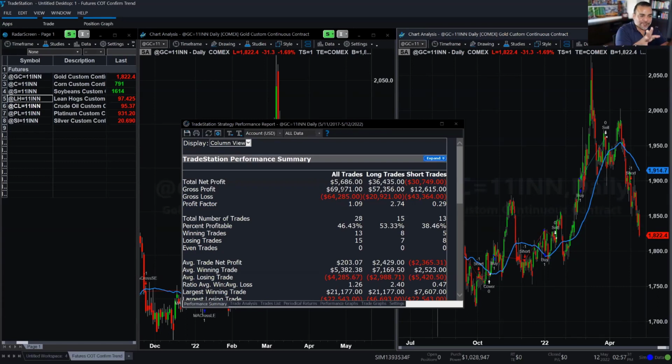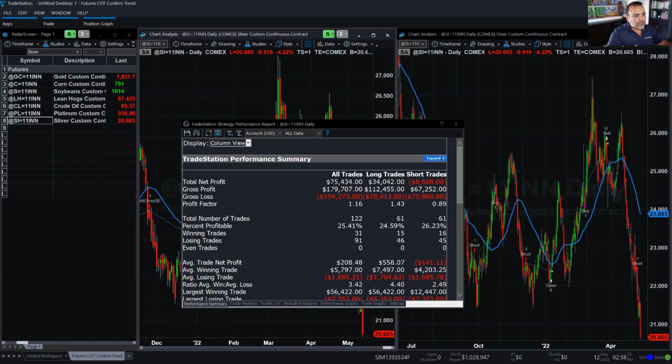I'm not saying that any of these are good strategies in any way, because they still need a lot of work. My exit rules here on the COT are just based on what's happening to the net position. There are no real-time exits, because remember that the COT data is a lagging indicator, and we need to always be aware that we don't want the COT data to be the main basis of our signals.